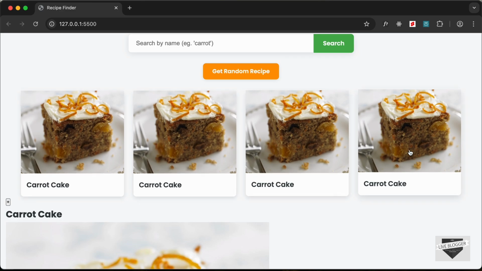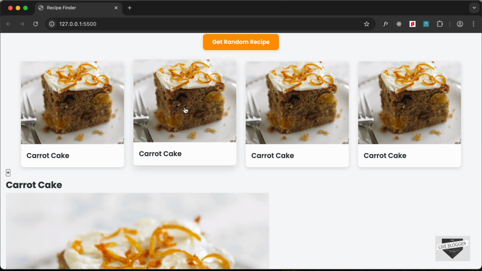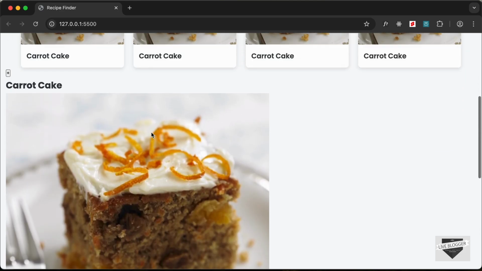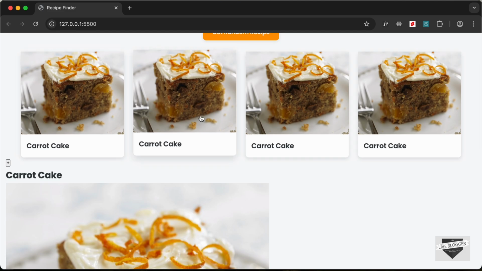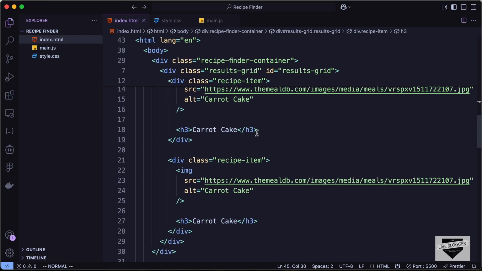So this is how it looks. Right now let's style this modal. So when we click on any of these, we should have a modal displayed over here, and in that we need to display the details of this recipe. So let's go back and let's go to the index.html file, and for the modal we have this division of